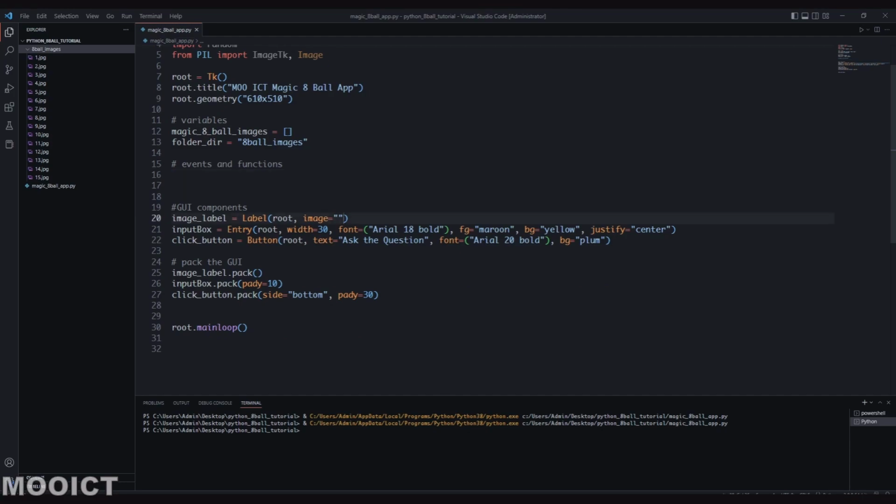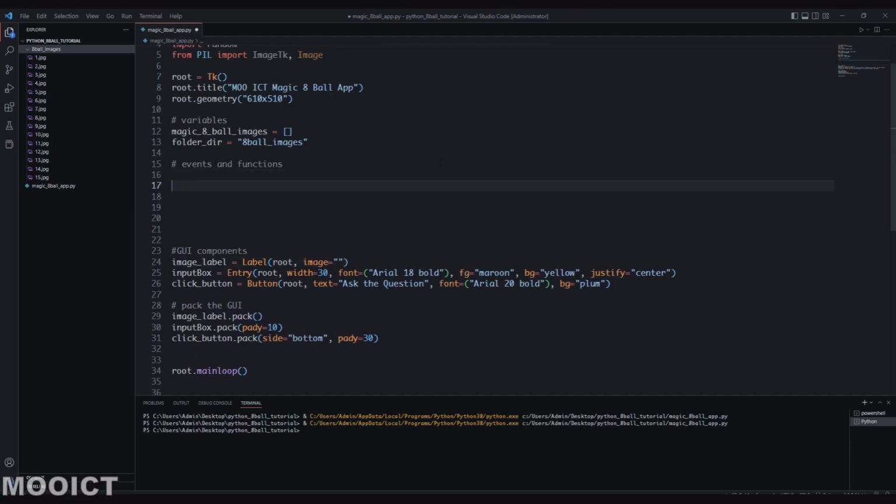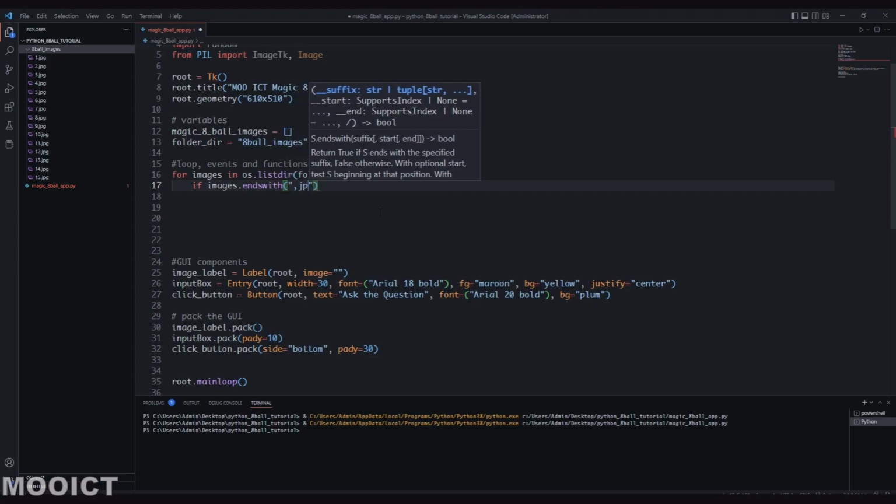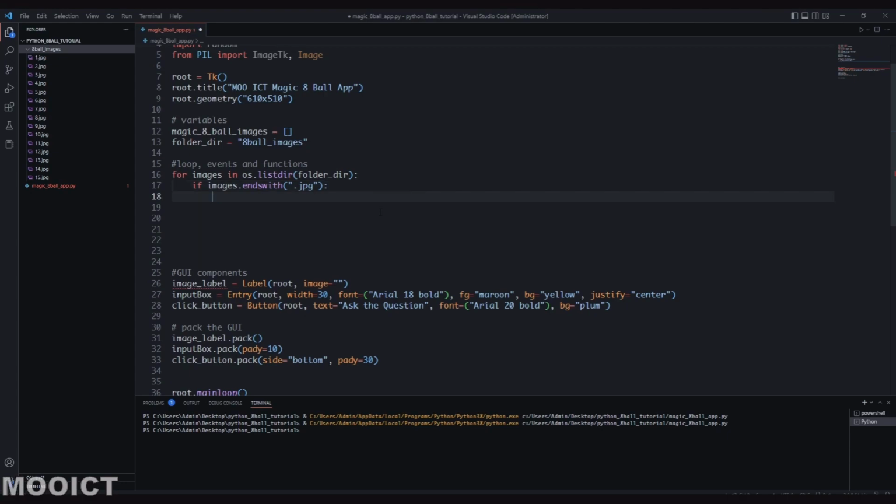Okay, so just to load up all the images to the list, I'm going to change that to loop events and functions. Because they've been declared here, we can pretty much just loop through the folder, find any JPG images that are available inside of it, load them into the list, and then load that image to the label. Okay, let's try that. So let's say for images in os.listdir, and then we want to pass in the folder directory inside of that. If images.endswith, so if the image file ends with a .jpg extension, you can say image is equal to ImageTk